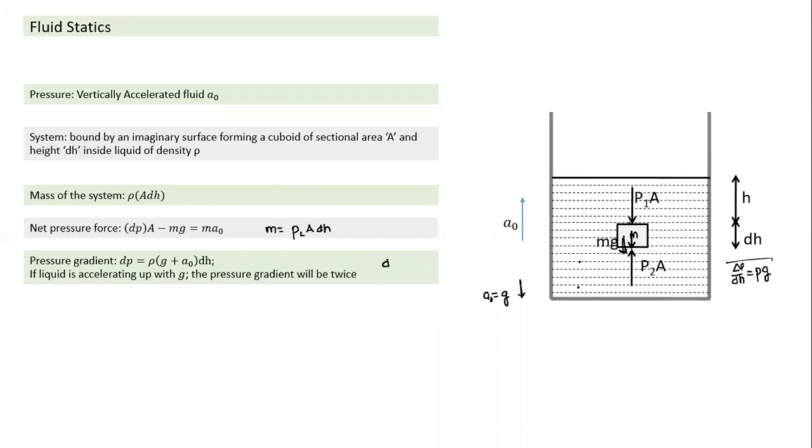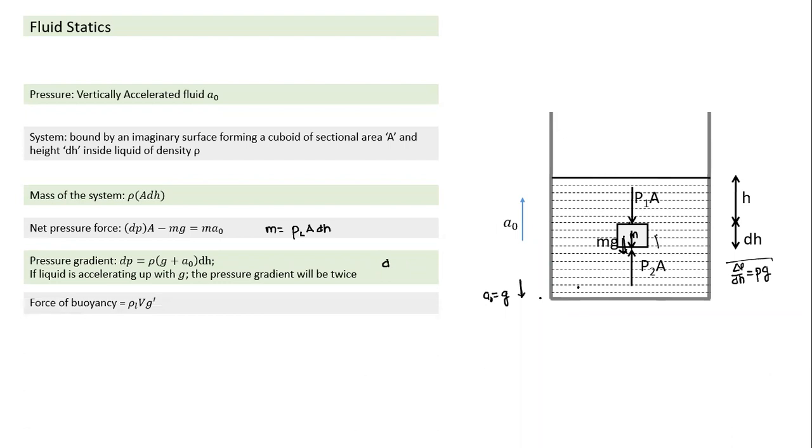equal to g, whatever pressure we have at the top level, at the bottom also the pressure will be the same. And the logic is fairly simple to understand here. If it is having g acceleration, we take the same liquid as a system. If it is having downward acceleration g, it means other than its own weight, no other force is acting. Only then will it have downward acceleration g, and that will happen when P1 and P2 are equal. So if I imagine a system as a small cuboid of liquid, part of the same liquid, having downward acceleration g, there is no pressure gradient here.